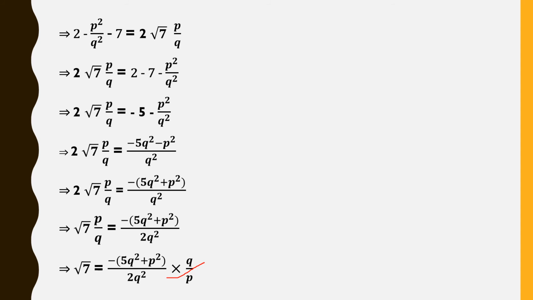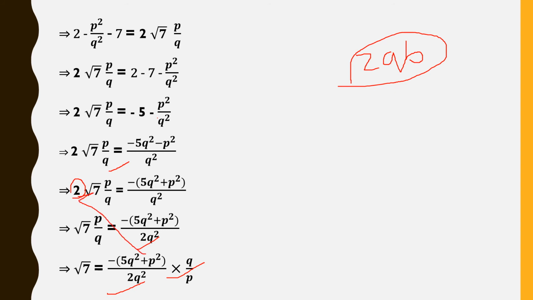Whatever question it is, the same steps will be there. First taking LCM, next sending 2 there, next sending p by q there. There will be 2 only for every problem because you have the 2ab form. A plus b whole square or a minus b whole square will have 2ab in between. So you'll be having 2 only here every time. So first send 2 there, next p by q becomes q by p.